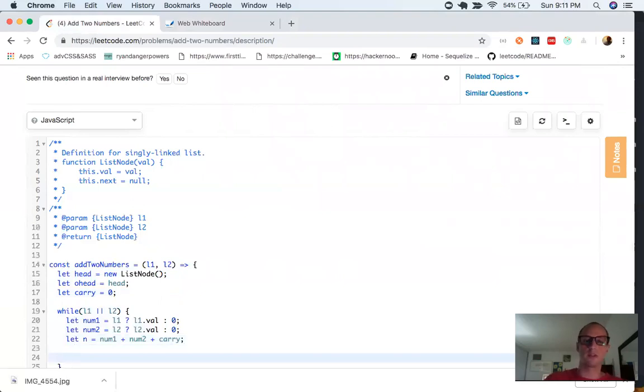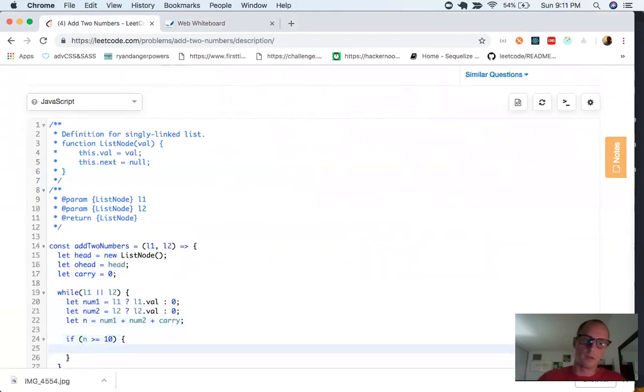So what do we want to do here? We want to say if n is greater than or equal to 10,